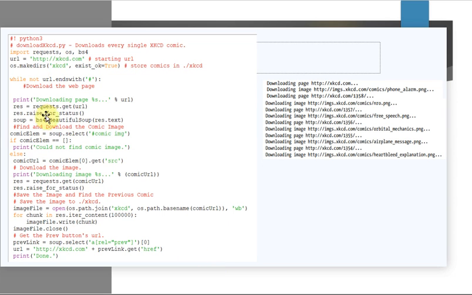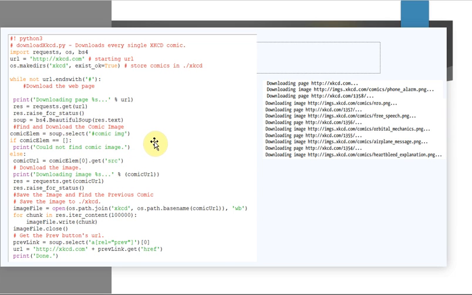Okay, then here the Beautiful Soup object is created, that is soup, and from that you are selecting only the image part. That image part will be in the form of a list.